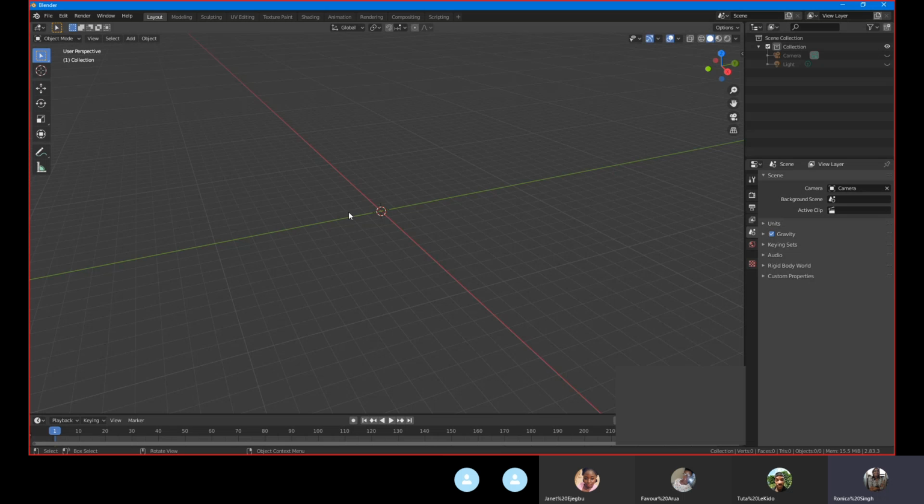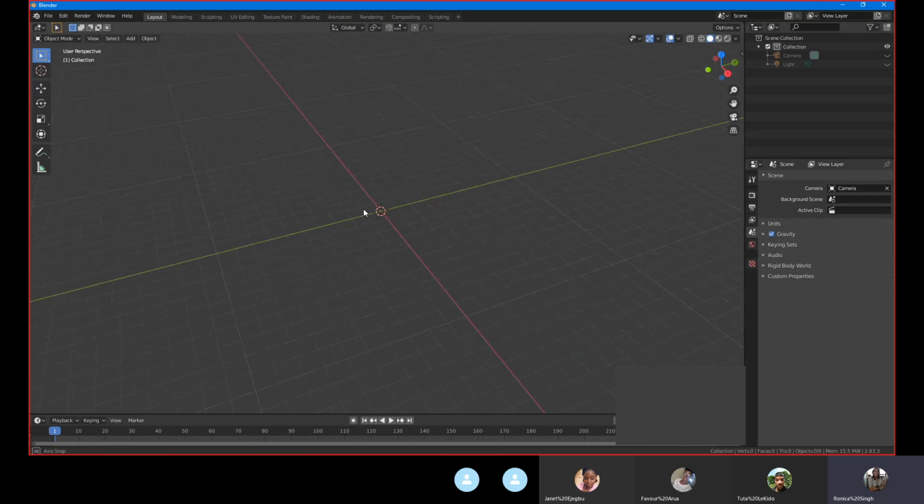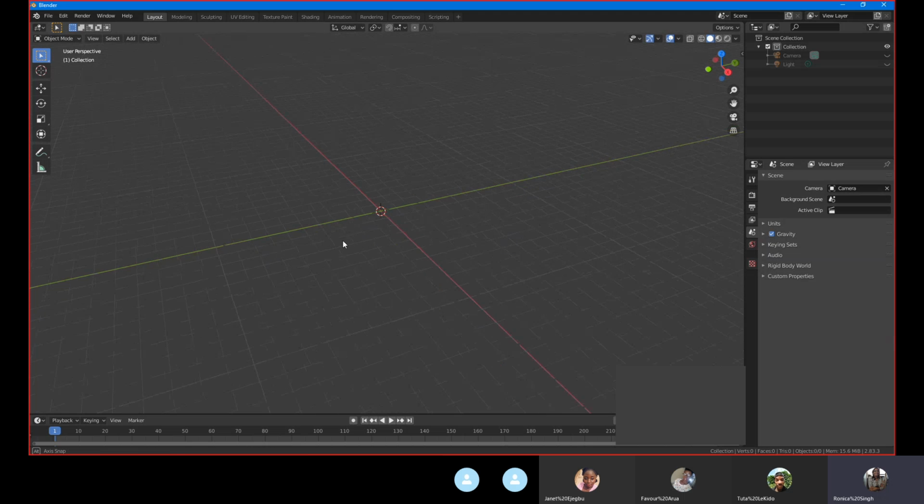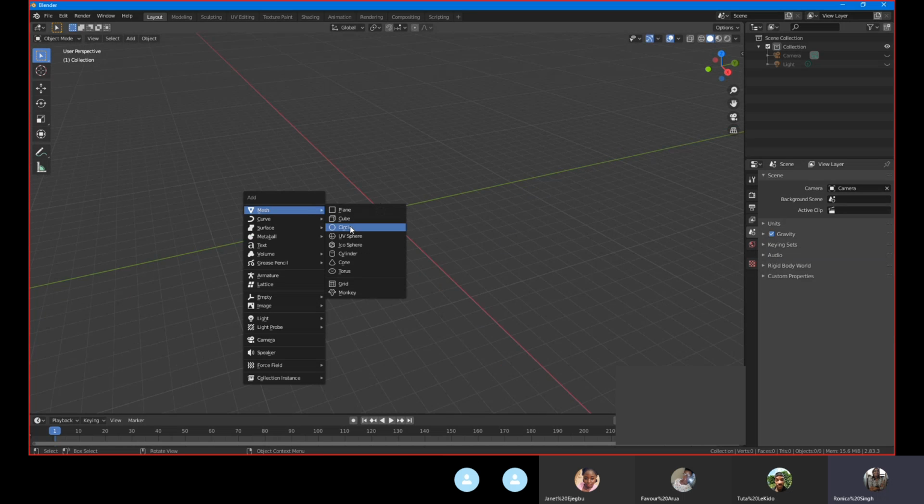I'm going to skip the part where I show you how to rotate and move around the screen, because that's in the tutorial guide I will email to you. Shift A to add an object,